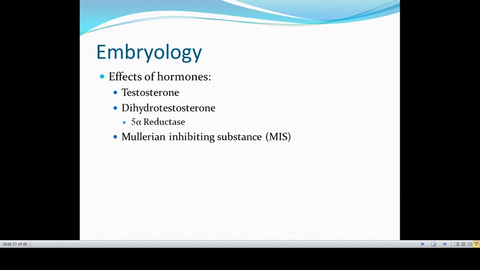Testosterone promotes the development of vas deferens and related structures from the Wolffian ducts. The enzyme 5-alpha reductase changes testosterone to its active metabolite dihydrotestosterone,